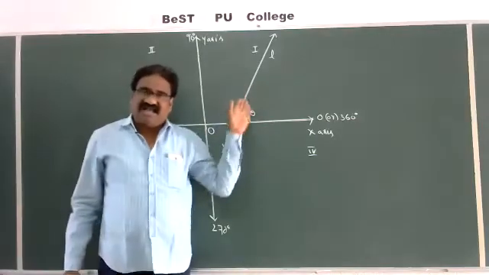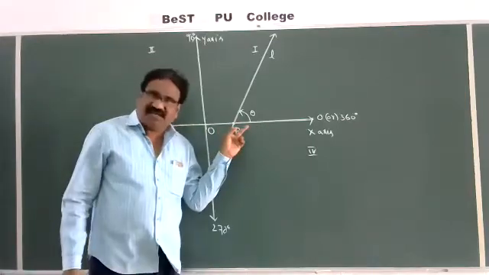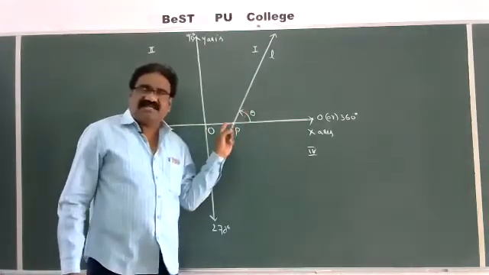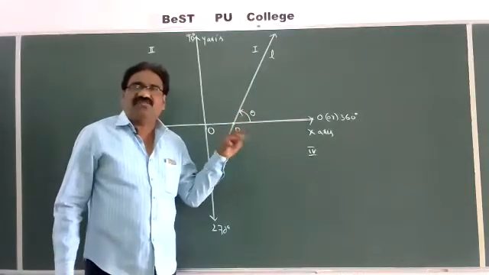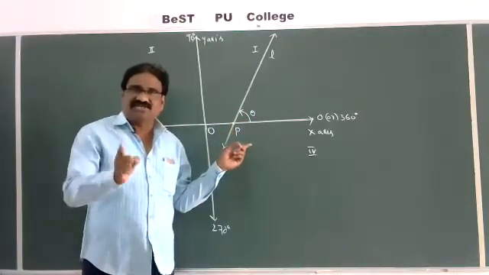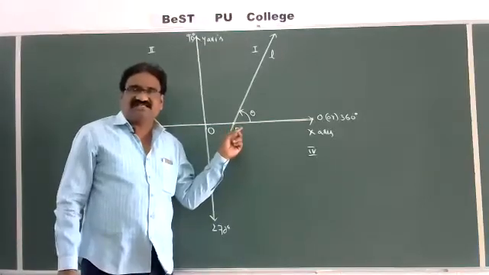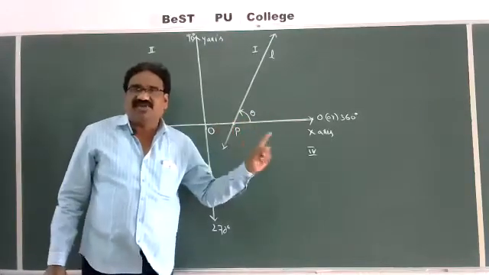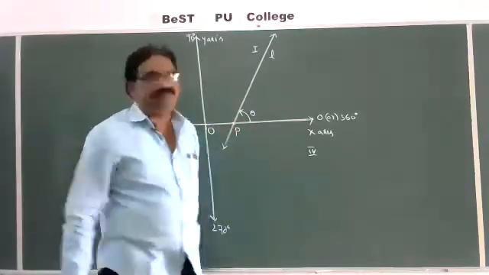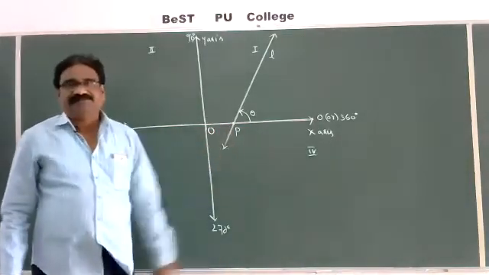L is any line which cuts the x-axis at any point P. This line makes an angle theta in the positive direction, meaning anti-clockwise direction, of the x-axis. Then this theta is called the inclination of a line. Write the definition. First, draw this figure. Everybody, draw this figure.